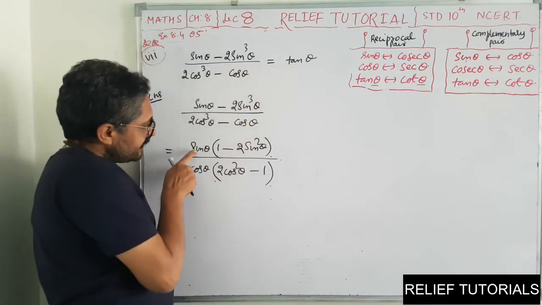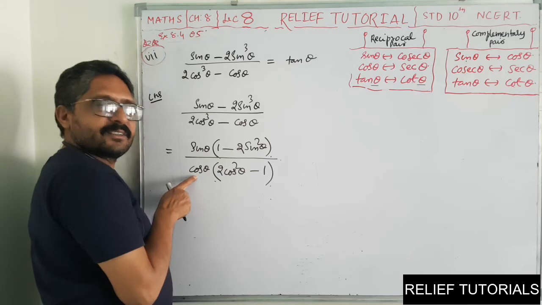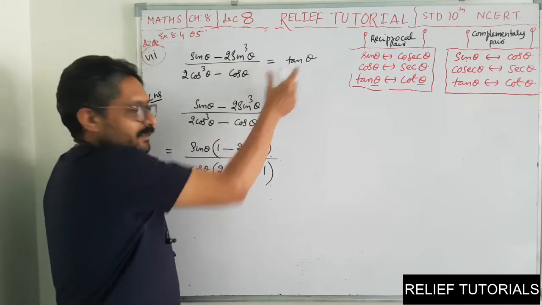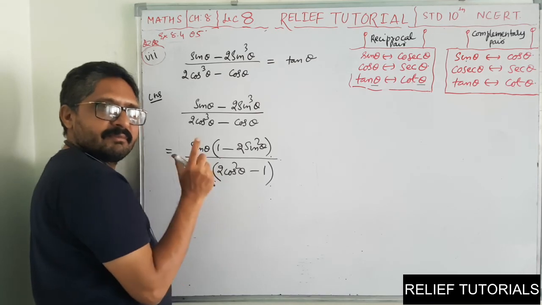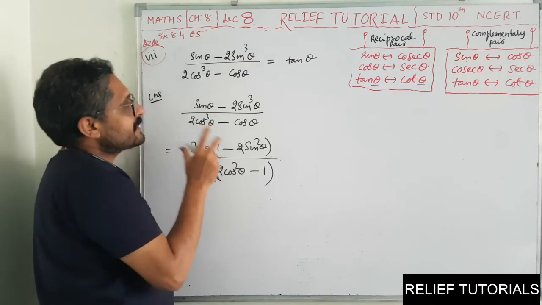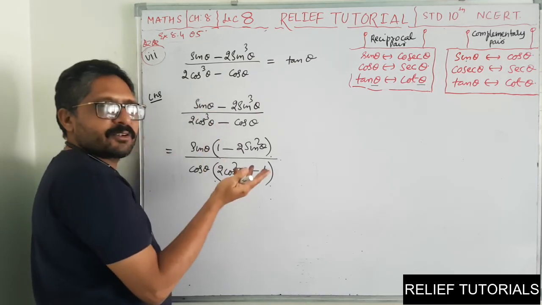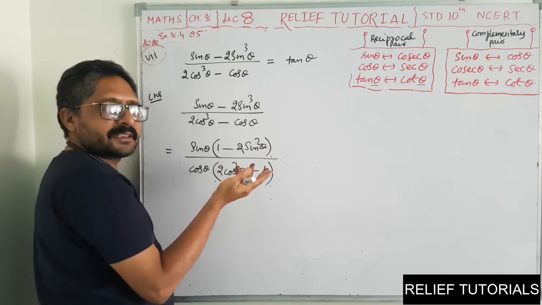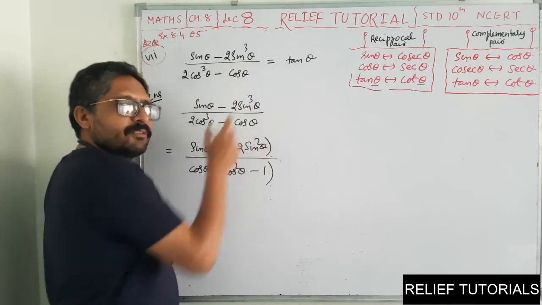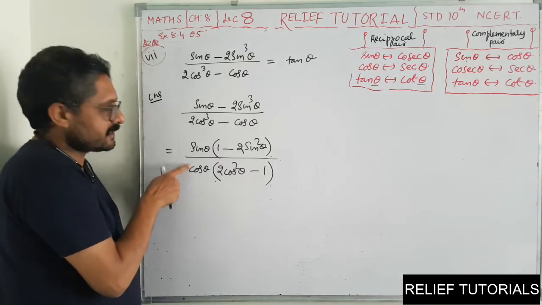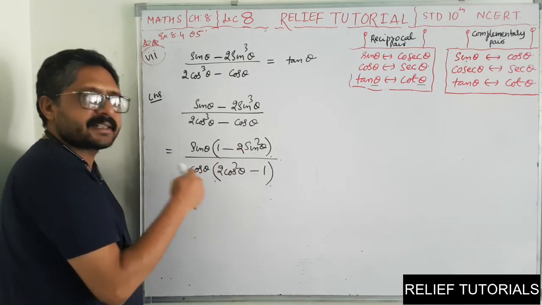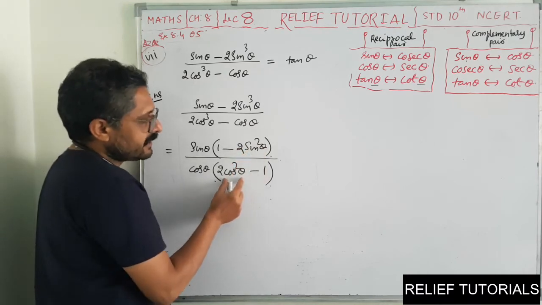RHS is tan theta. So sin theta upon cos theta is tan theta. So we got our RHS. But this thing is creating a problem. See, I told you, first thing convert to sin and cos. Already sin and cos, so nothing to do. Then you have to keep RHS in your mind. So keeping RHS in your mind, we got that sin upon cos is tan theta. So we got our RHS. So this should get cancelled. But this is sin, here cos.